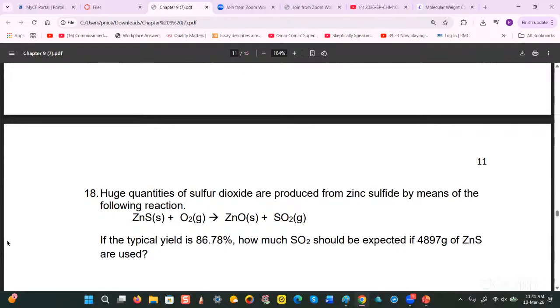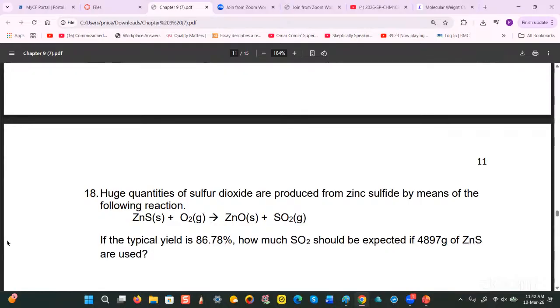In practice, if you were to actually do the experiment and isolate the product, the amount of product that you'll get is very often less than what you expect to get. That is the difference between the theoretical yield, which is the amount of product you expect to get, and the actual yield, which is the amount of product that you get when you isolate the product. If you look in chemical literature, especially research published in journals,